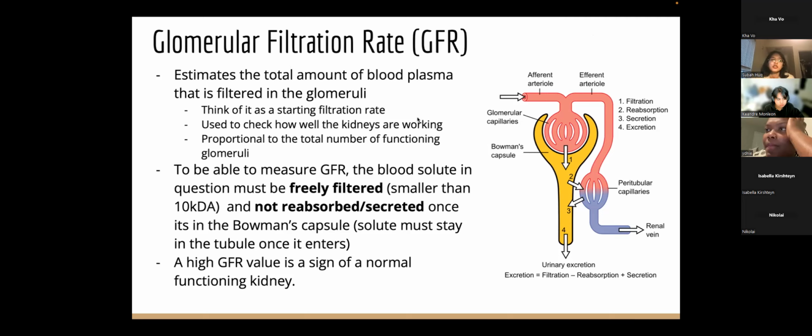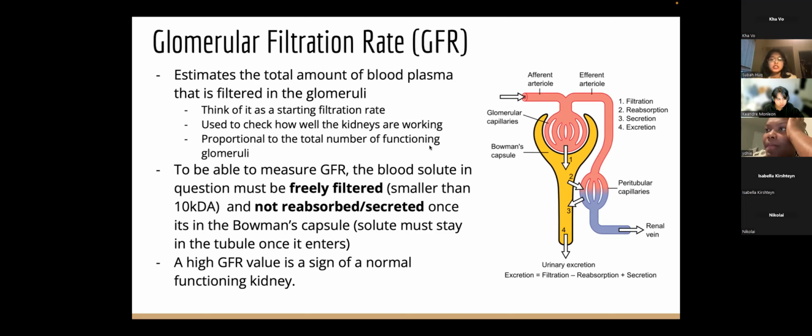Basically, if you have a high GFR value, which, when you do the math-related problems on this, you usually get a pretty large value, that's a sign of a normal functioning kidney. There are a few requirements when you're measuring GFR. You're usually focusing on a specific solute, and in his lectures he mostly talks about creatinine, which he'll probably ask questions about on the exam,